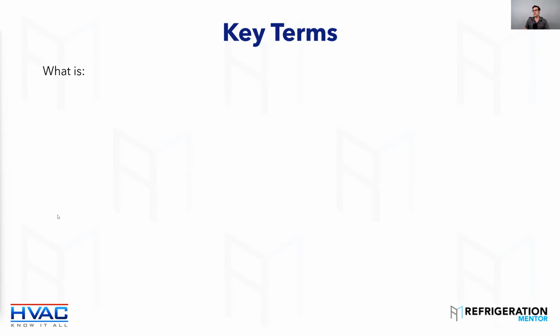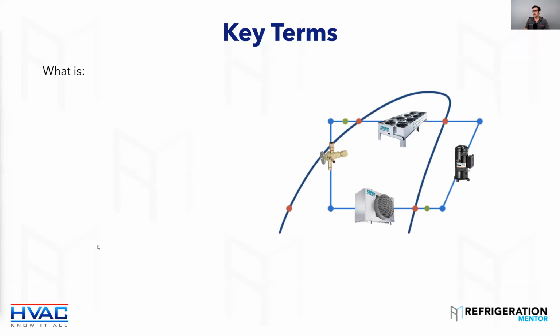So this is a kind of an enthalpy diagram. I call this the thumbprint. You may have seen this before in school, if you've been to school, or in any refrigeration book. So this is an enthalpy diagram here. We've got our four main components, which we're going to talk about again later, and this is plotted on the enthalpy diagram.